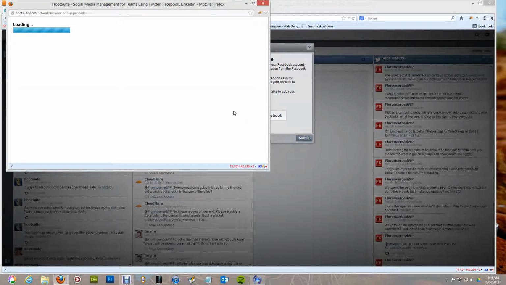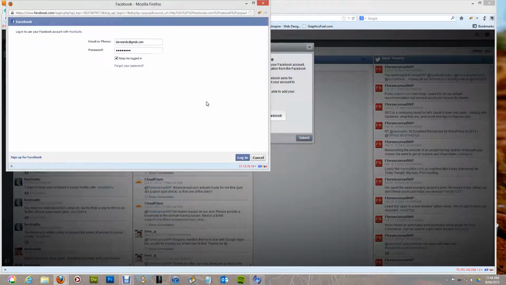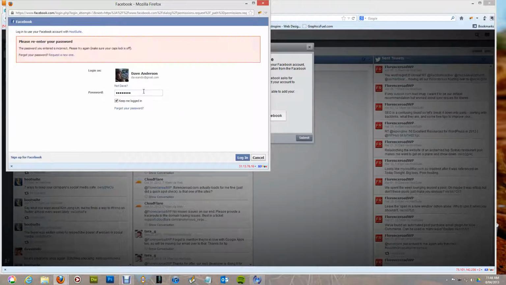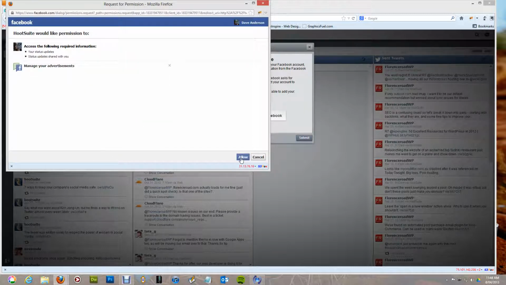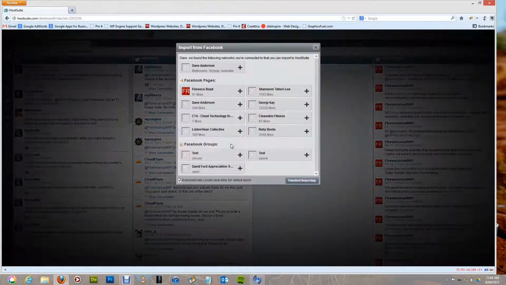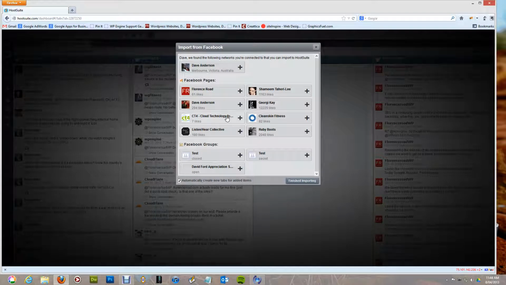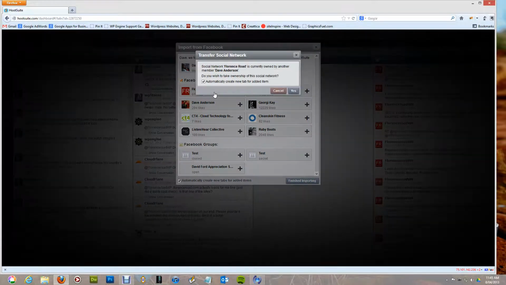And you can see, it's fairly straightforward. If you're able to add in the same way that I'm doing, you should be able to follow these steps. So I won't spend too much time going through how to do this because it's fairly easy to do, as you can see, and I'm sure you're not going to have any problems setting these up. And it's got all the different pages, so I'm just going to add my Florence Road page. I'm just going to say yes,